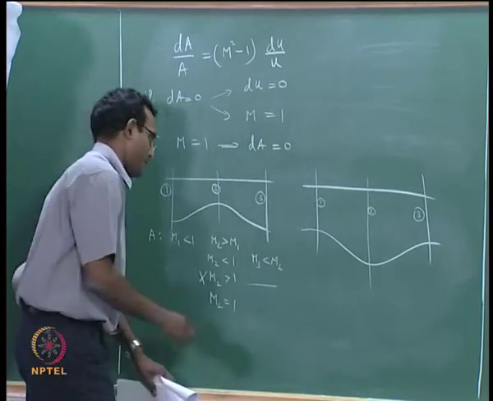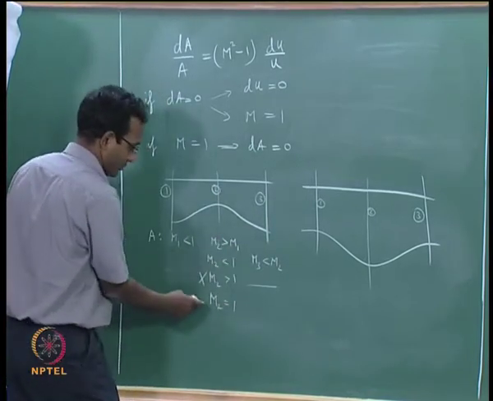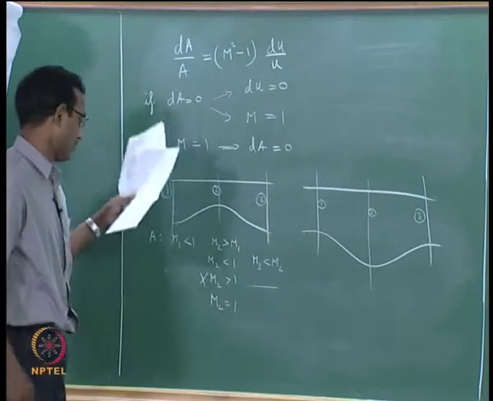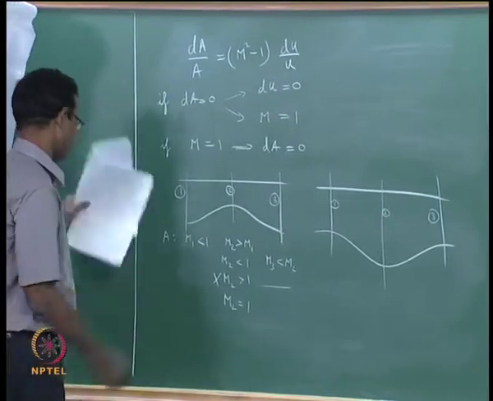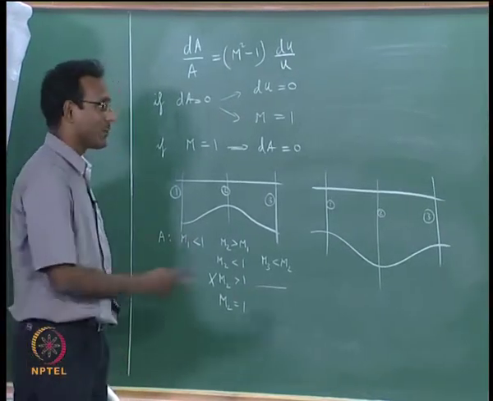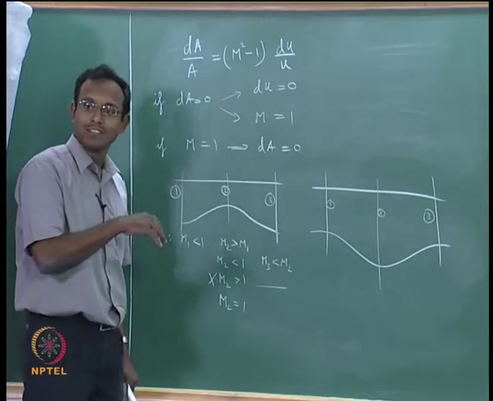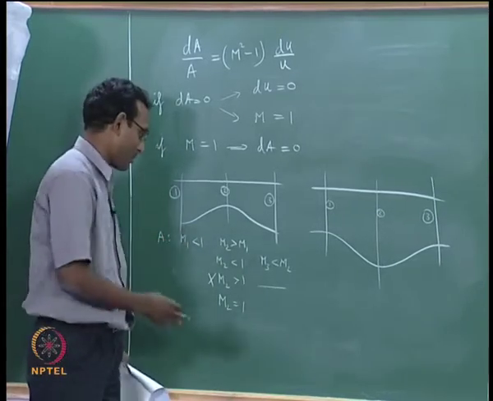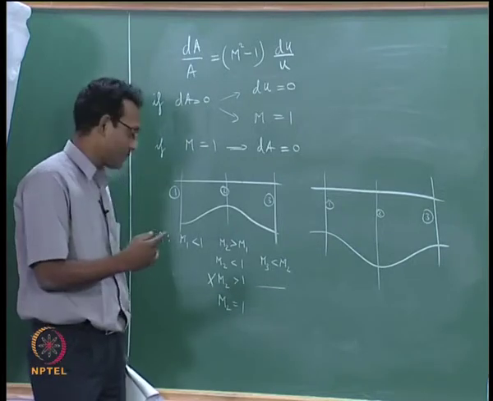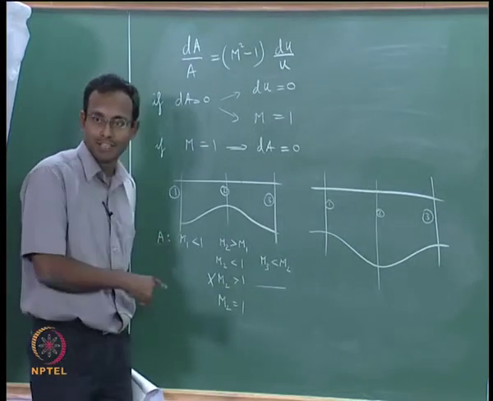And what about M3 with respect to M2 in this particular case? Then M2 equal to 1? Can't say. Now we are at a situation where I do not know which table I have to look at, which row of the table I have to look at, because it is M2 equal to 1. We have only rows that correspond to M2 less than 1 or greater than 1.